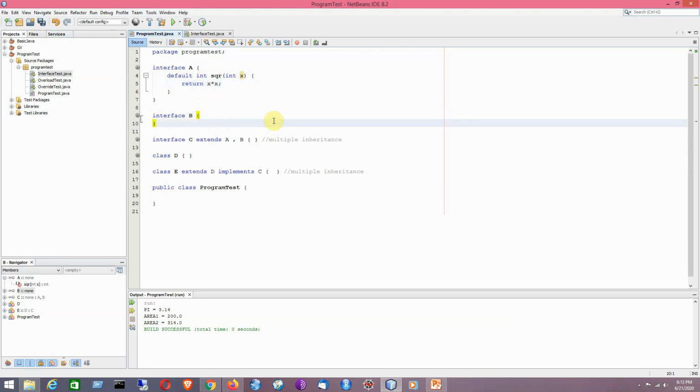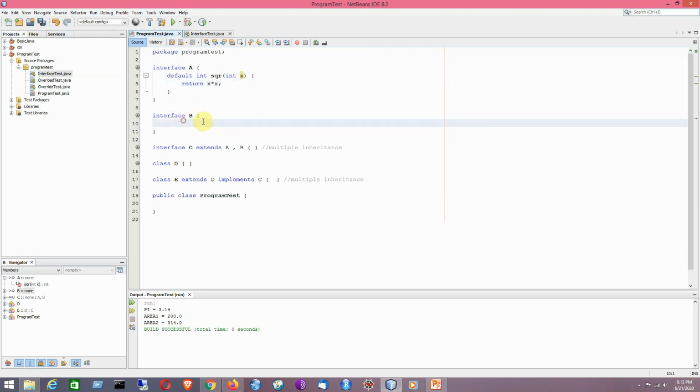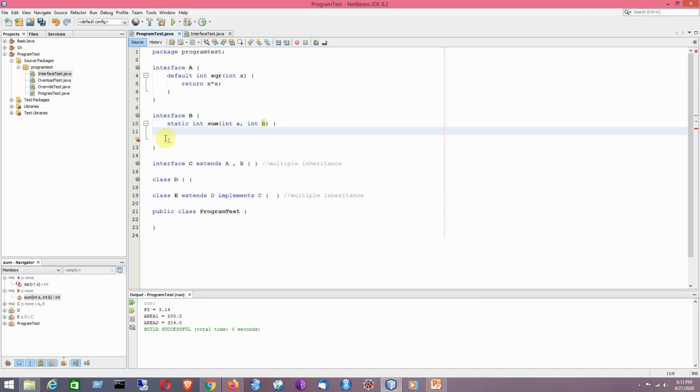Now suppose in interface B I will be having a static method. Say static int sum, int a comma int b. So it will have a return statement in it, say return a plus b.